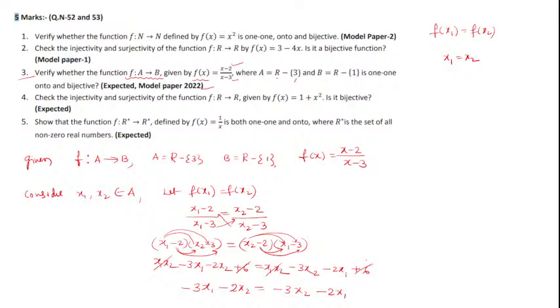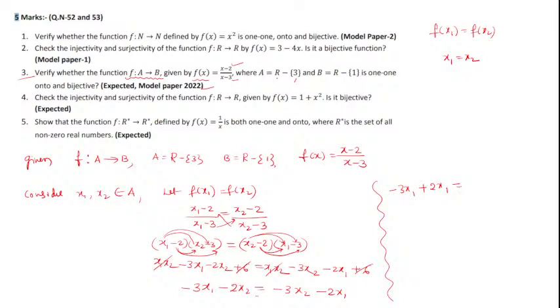Okay? You do what? Take x1 one side and x2 you check it out one side. You may get the answer here. So I will make x1 and x1 one side. So what happens? It will be minus 3x1, again minus 2x1 shifted to LHS side, it becomes plus 2x1, that